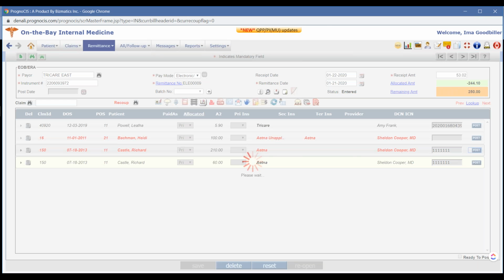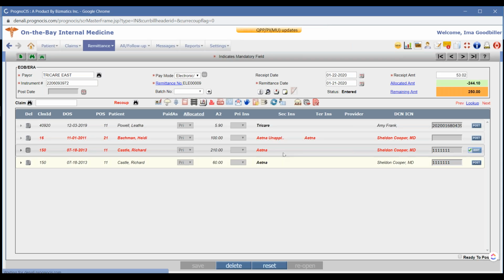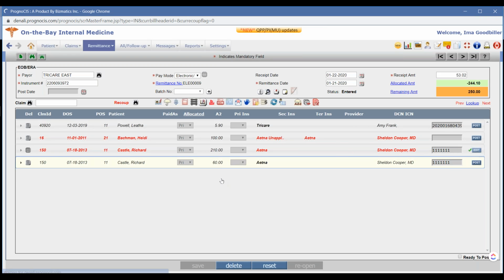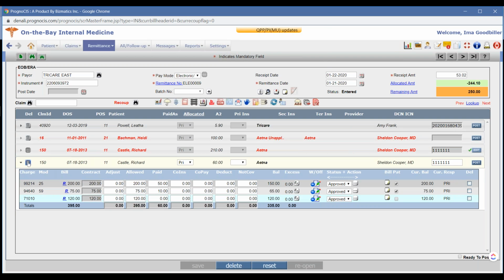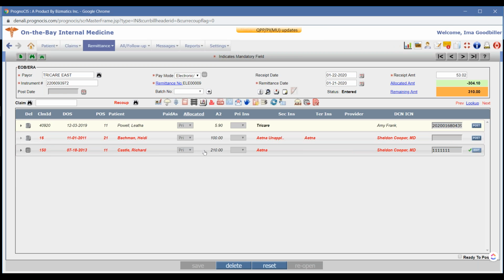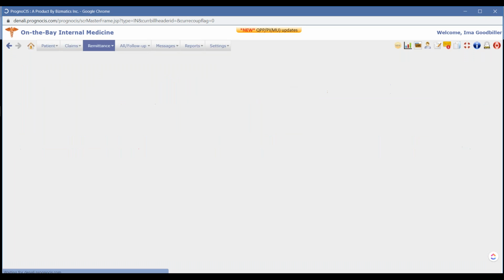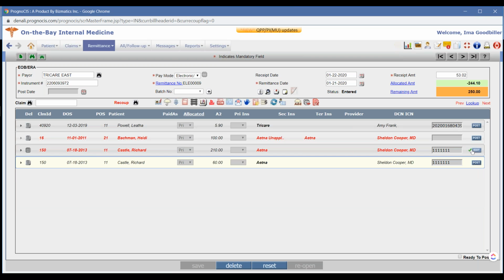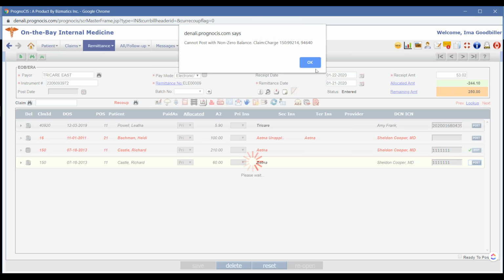So we're going to post the first line for the recoup, and then we'll post the second line. Oops, hold on just a second. I should not have done that. Let me get rid of that one. I did that out of order. You will pull in your recoup and enter your amounts, and after you post that claim, you'll pull in your next claim. Okay, so now let's say they paid $50, and then they paid $10 on that one, and now you'll be able to post the second one after the first one is posted. So that's the key there, is to make sure that,